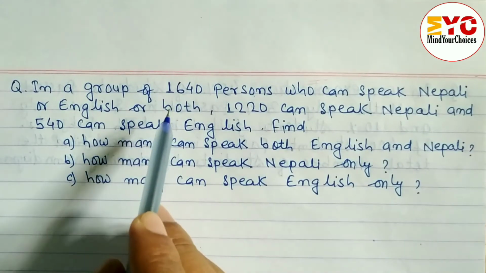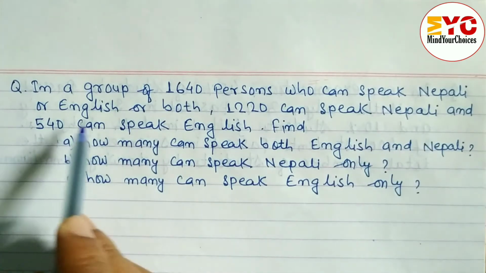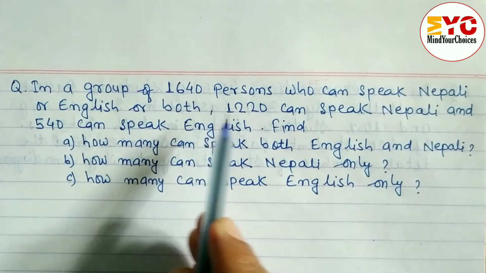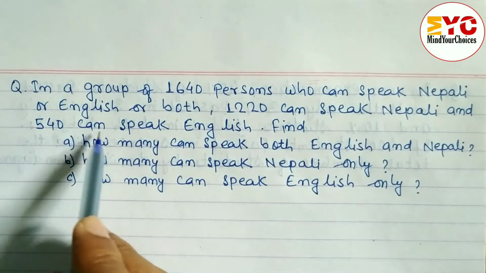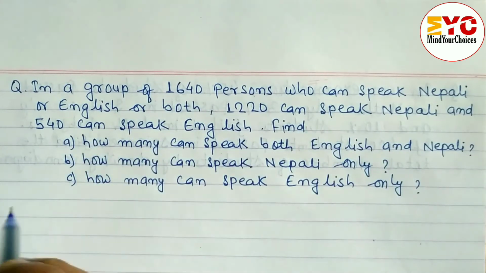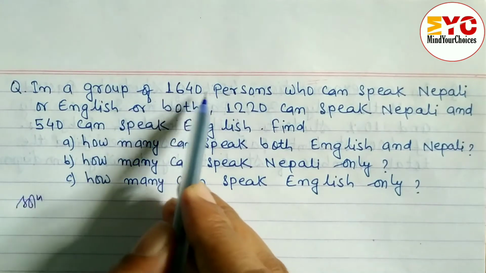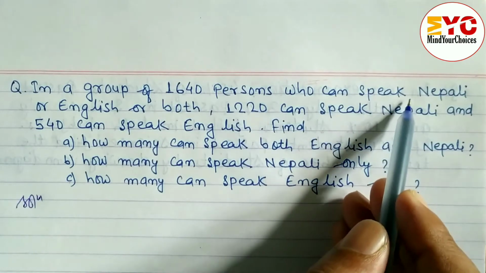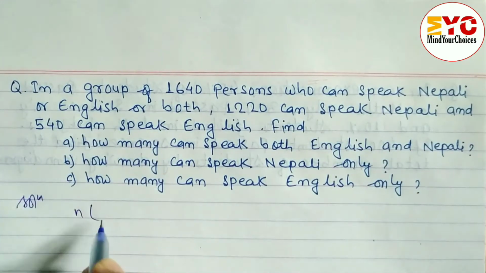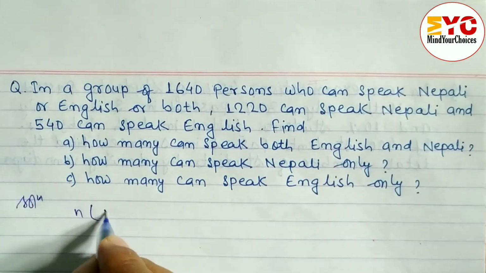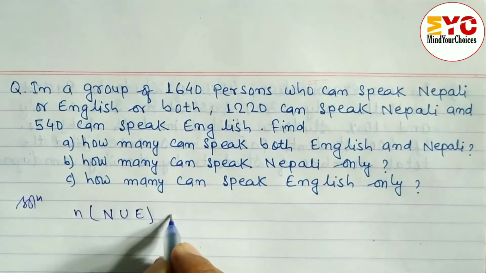In a group of 1640 persons who can speak Nepali or English or both, 1220 can speak Nepali and 540 can speak English. So let's make a start. Here we have 1640 persons who speak Nepali or English or both. It means this is the union given: N union E, speak Nepali or English or both, is equal to